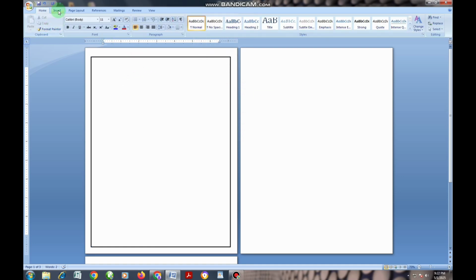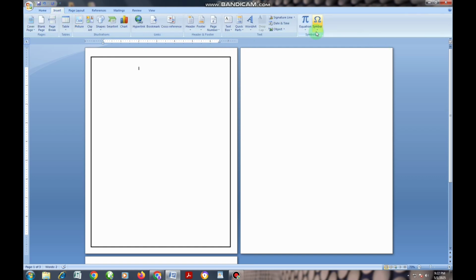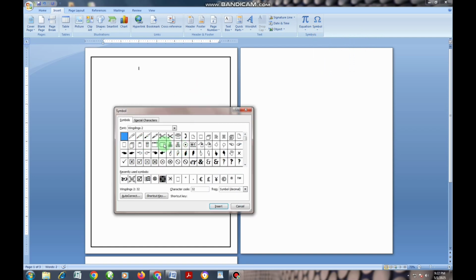So after finishing that process, then we go to Insert, then we go to Symbol, and we go to More Symbols there. So I'm going to pick one of the symbols here in order to create the page border. So here I'm going to scroll down and then I pick this one here. Remember, this is the font which is written Wingdings 2. So there are many fonts you can choose from, but for me I have chosen this font here because it has some good images here. So I'm going to choose this one here, and then I insert